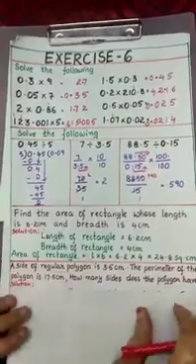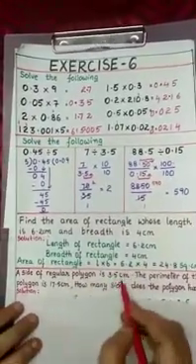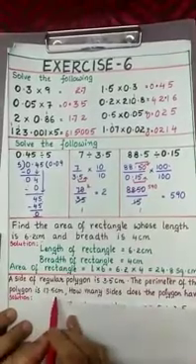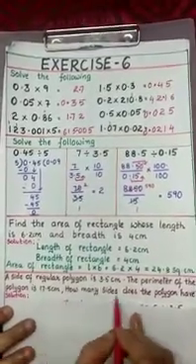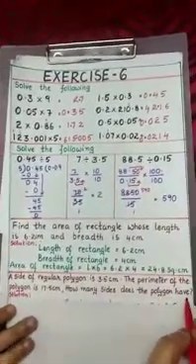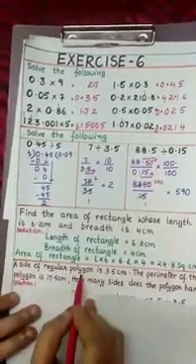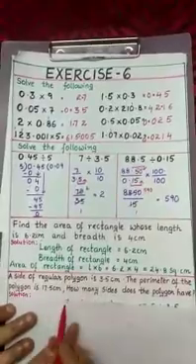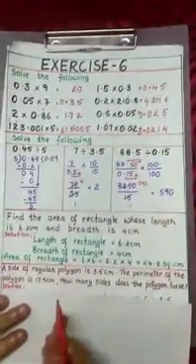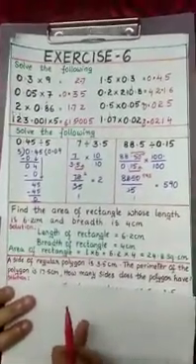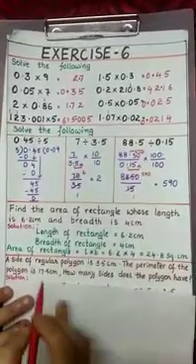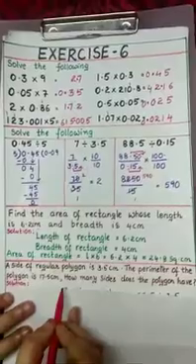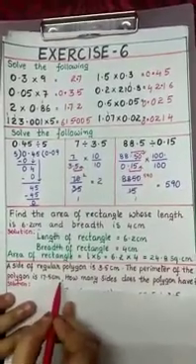The side of a regular polygon is 3.5 centimeters. The perimeter of the polygon is 17.5 centimeters. How many sides does the polygon have? Tell me, what do you mean by polygon? A polygon is a simple closed figure bounded by line segments, like triangle, square, pentagon, hexagon, septagon and so on. But what is a regular polygon? A polygon with equal sides, like a square, an equilateral triangle, like that.